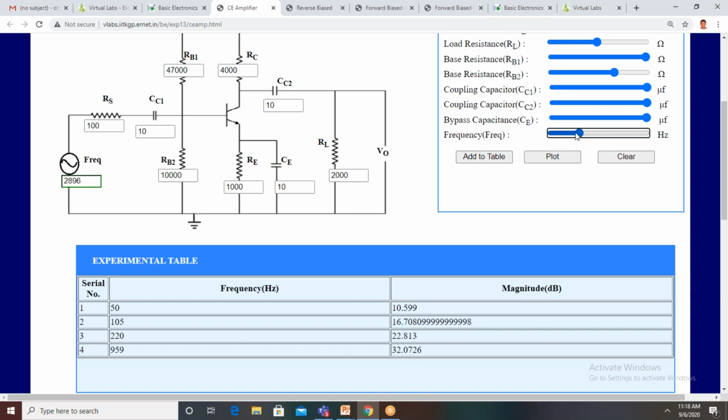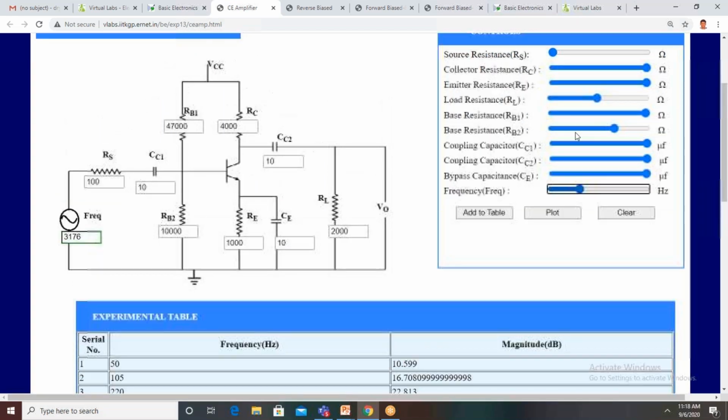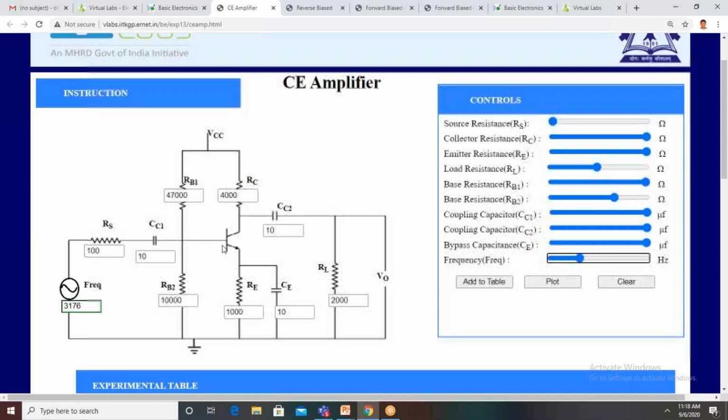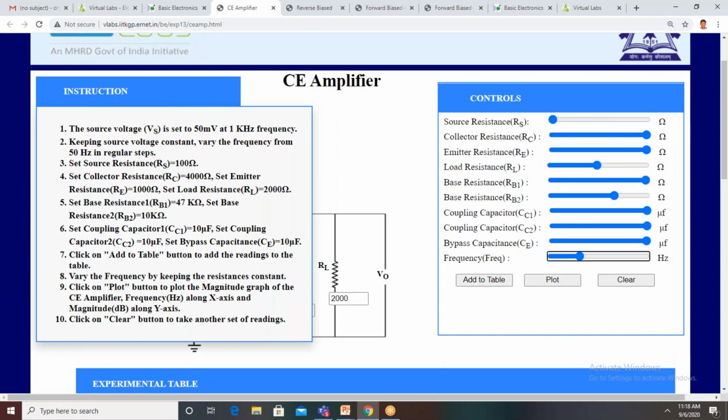What is the transistor number we use here, sir? BC 107, BC 547, sir. Actually, they didn't give any transistor details for this circuit. It is designed with some number, but here it is not displayed. We will see in the instructions once again. But in our earlier experiment, the transistor numbers are displayed there.